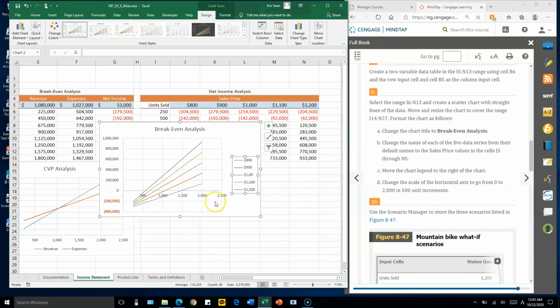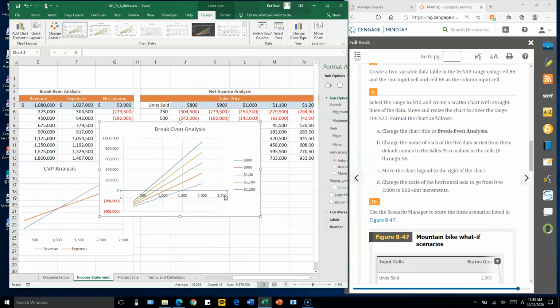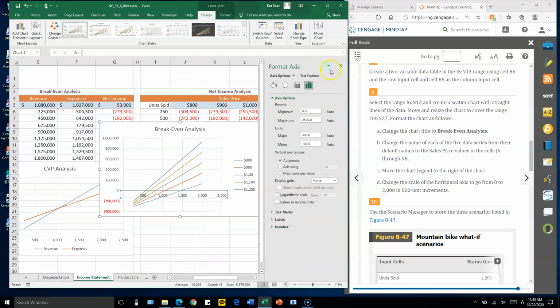Okay, change the scale. So the scale is this one. So click so that you select this horizontal range. Okay, and then double click it so that you will see this pane. Alright, and then on the right side, click this one so that we can change the bound and the number